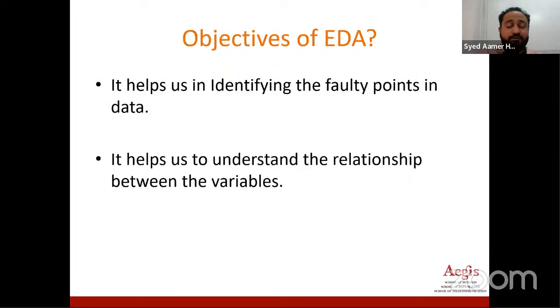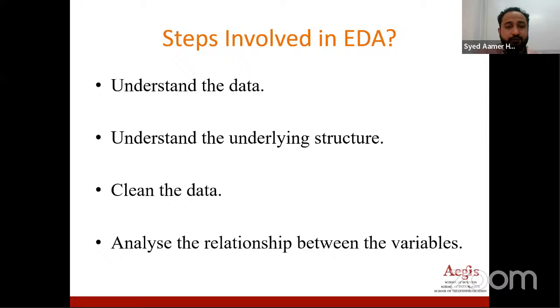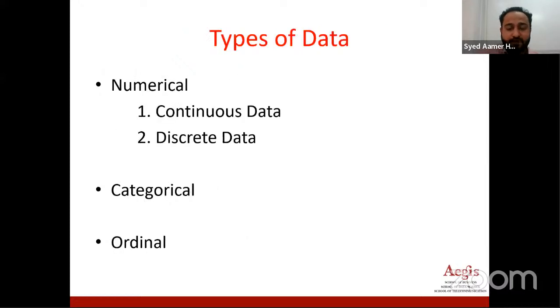So finally, what are the objectives of EDA? It will help us to identify the faulty points in the data. Also, it will help us to understand the relationship between the variables that we have. All right, so I'm just quickly going. I told you guys, I won't be just giving you a brief or abstract view of EDA. I will be telling you in detail the jargon, the important terminologies of statistics and ML that we'll be using in EDA. I'll be explaining those in detail. At the end of this session, I want you to start loving machine learning and data science, basically. Right. So let's start with types of data.